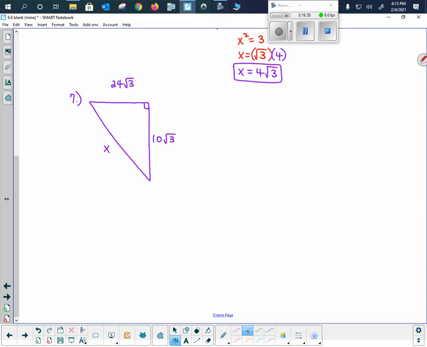All right, so again, I'm ignoring the roots. I'm just looking at the 24 and the 10. What's the biggest number that goes into 24 and 10? And if you don't pick the biggest to begin with, guys, which will happen some while we're doing maybe some homework and stuff, you just keep reducing. So that will come up. Ask me to talk to you about that. All right, 24 root 3 divided by 2 would be 12 root 3. 10 root 3 divided by 2 would be 5 root 3. Okay, notice the 5 and the 12 don't reduce any further, so that's how you know you picked the biggest